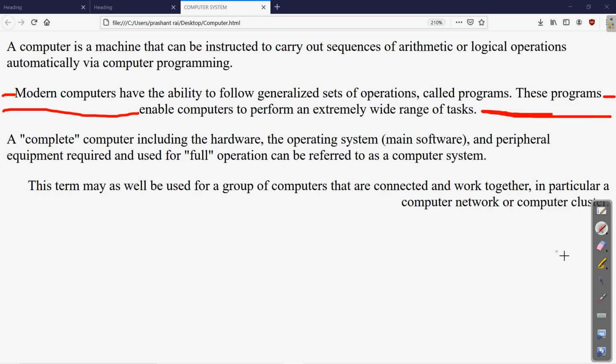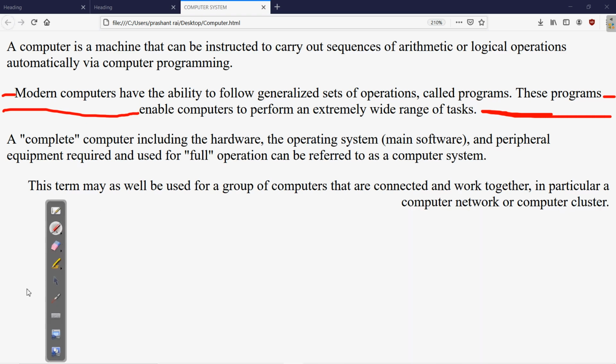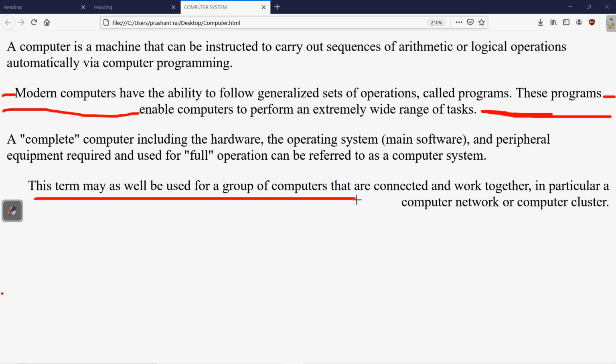Clear? Then the third paragraph which was written, you can notice that this is right now right aligned. Clear? So the first paragraph is left alignment, the second paragraph is center alignment. For the third one we have not written anything. For the fourth, this is the right alignment.